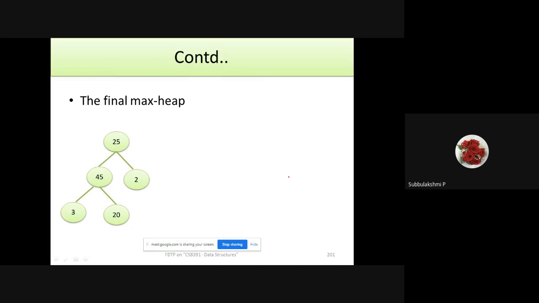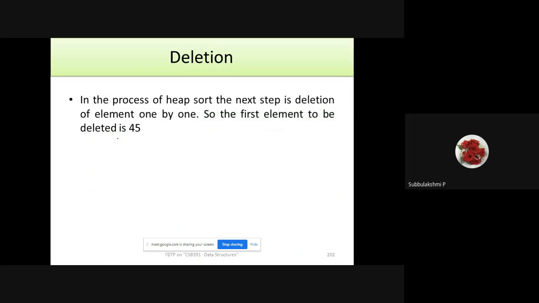And then again, we are not yet done, right? Because 45 is the higher and it's there as a child, this has to be shifted. That's the swap which happened: 45, 25, 2. Okay. And finally, once the heap is sorted, if you want to delete it one by one, the first element